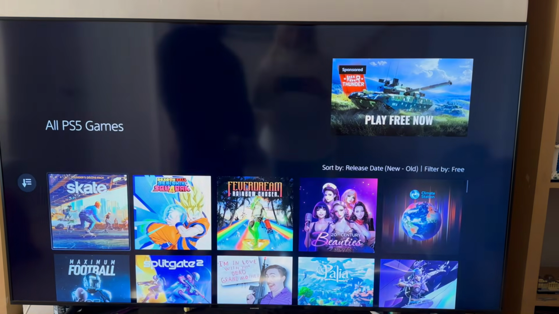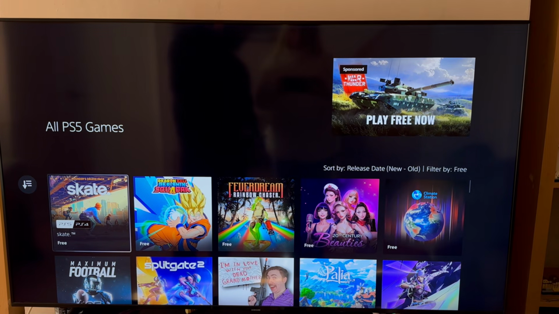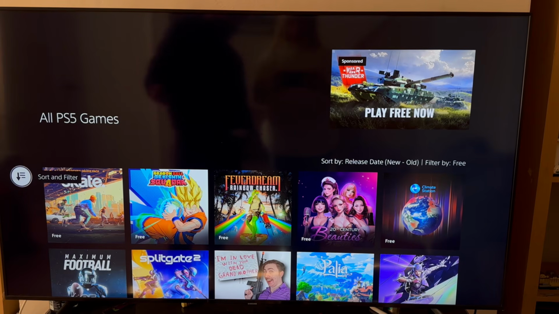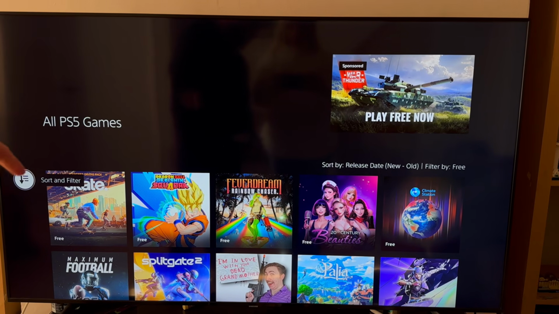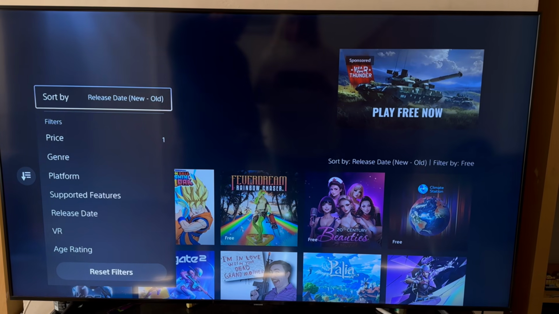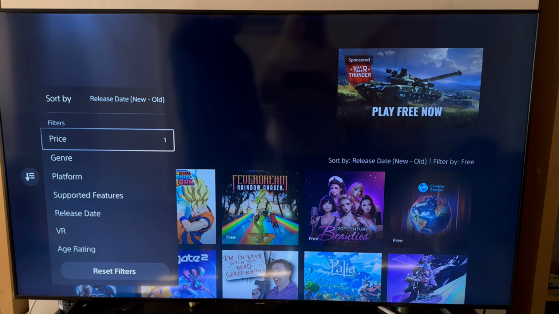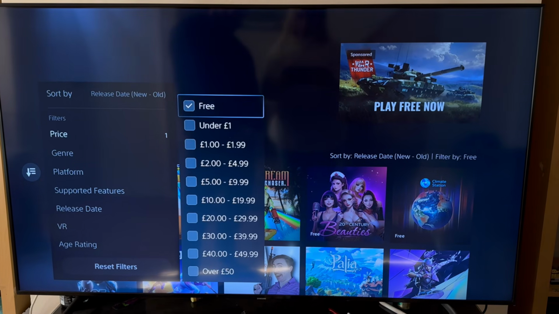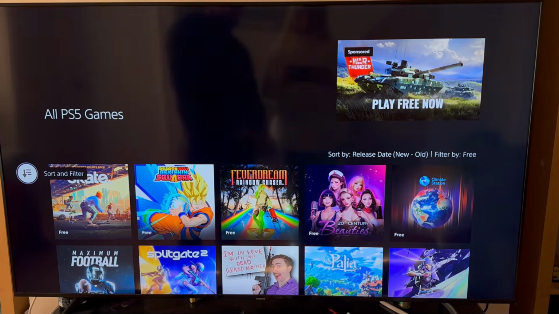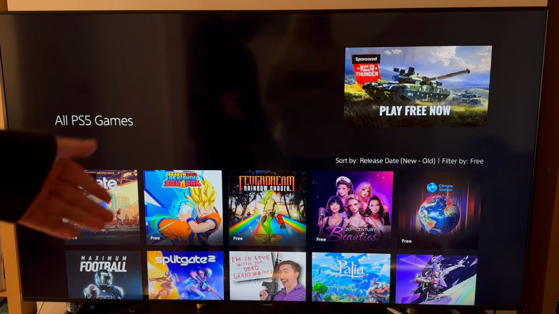Now once you're on this window here, we need to go and filter these games by which ones are free to download. So what you can do is come over to this icon on the left hand side, and this will allow us to sort and filter the games. So go ahead and click on this. You can then scroll down and click on price, and then you need to check the box next to free. You can then close out of this window, and this is going to show us all the free games on the PlayStation Store,